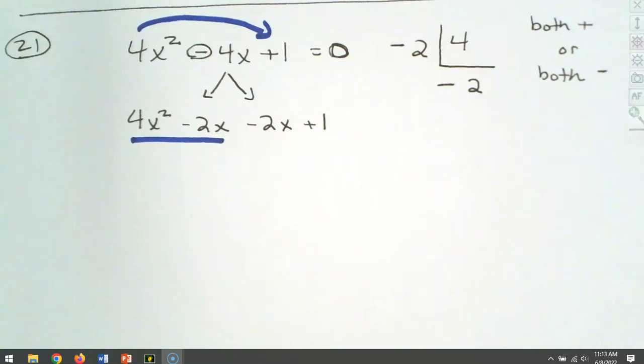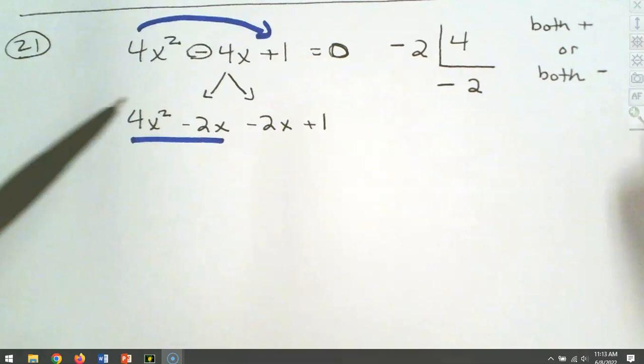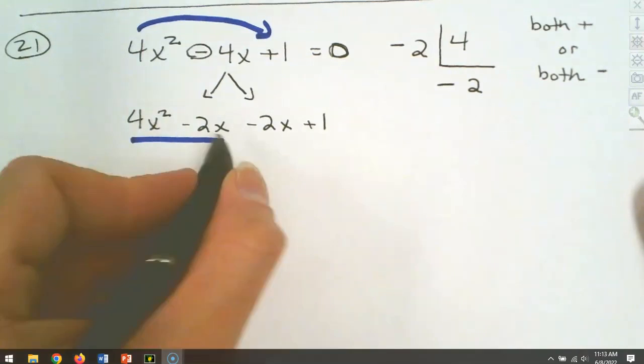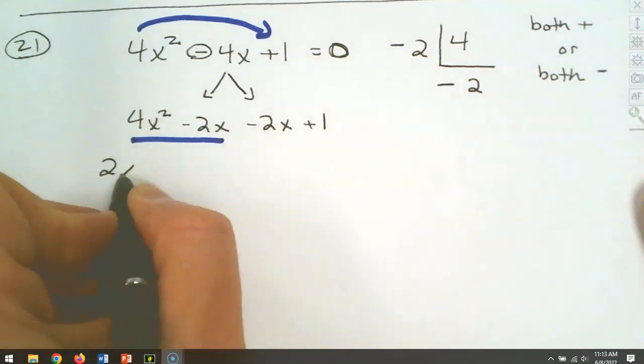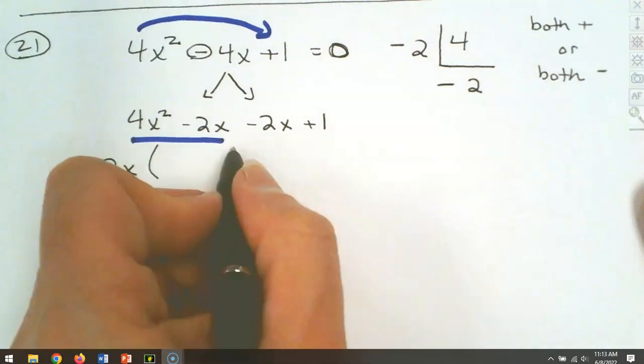First two pieces, what can come out? What's going to come out of here? Looks like a 2 and an x, right? And that is going to then leave me with